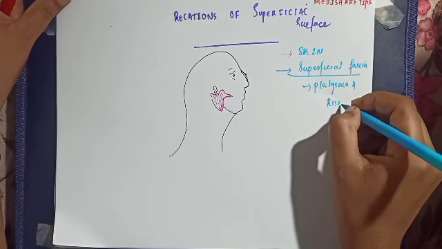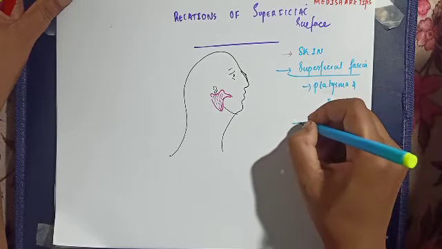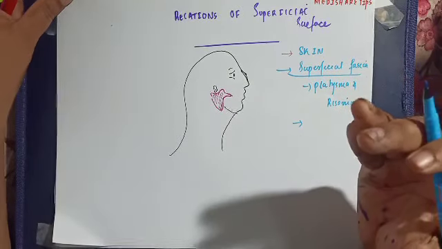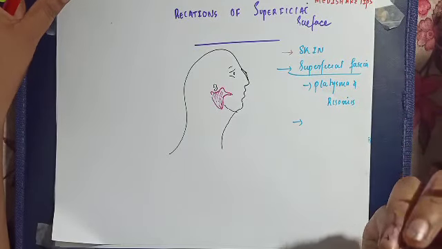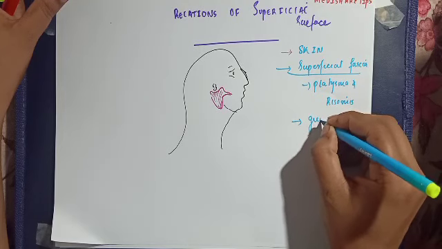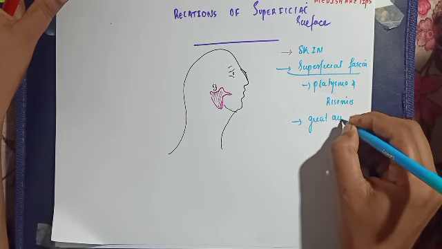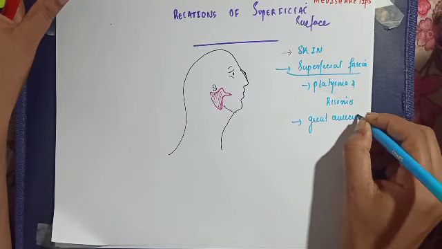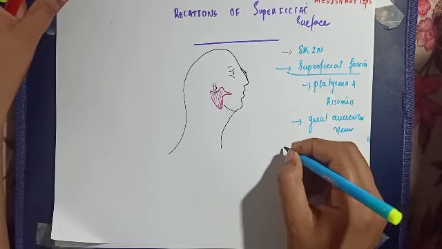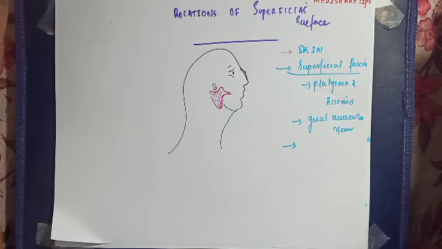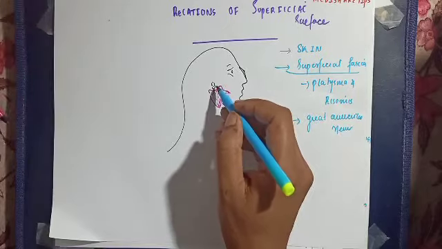So these muscles are located superficially, and in this aspect you are able to see a cutaneous nerve, which is a branch of the cervical plexus. That is the great auricular nerve. So the great auricular nerve is located here. So in the superficial fascia, in this region, that is in front of the ear, you are able to see